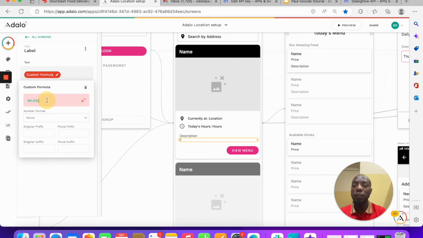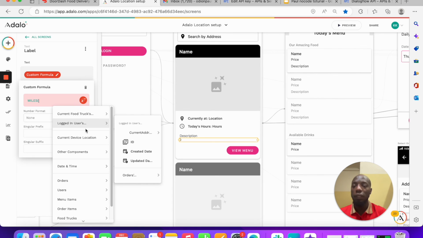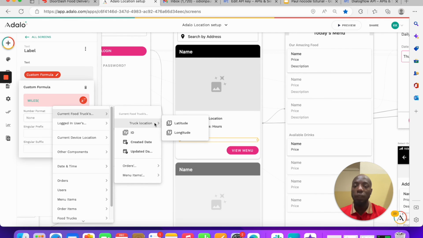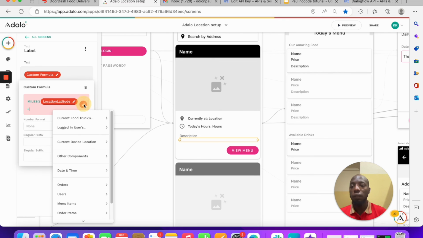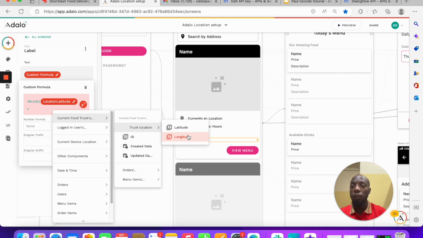So you can see this is expecting latitude and longitude minus latitude and longitude. So this is expecting current truck location latitude plus longitude. You can put another one in there, plus current truck longitude